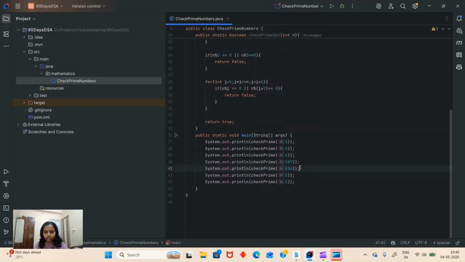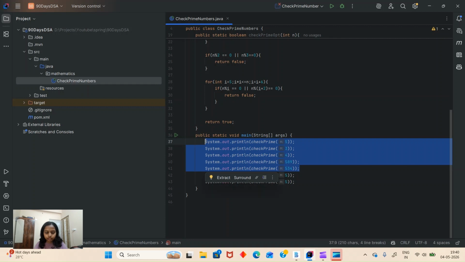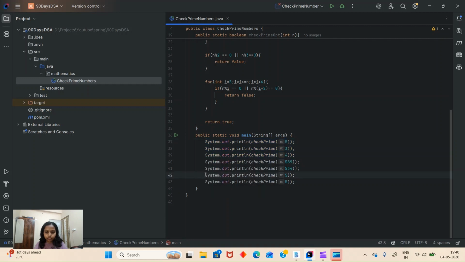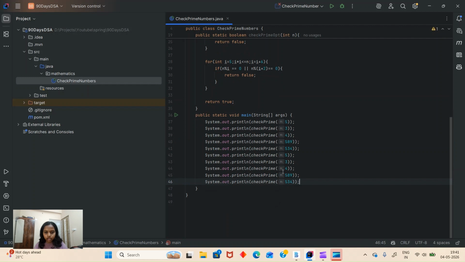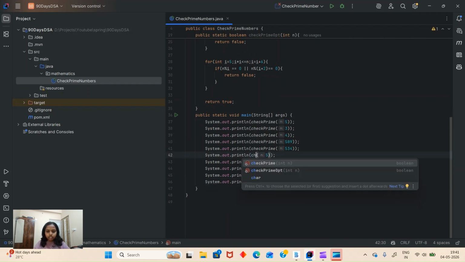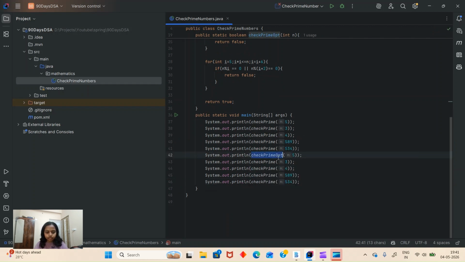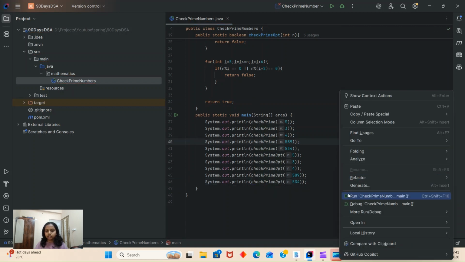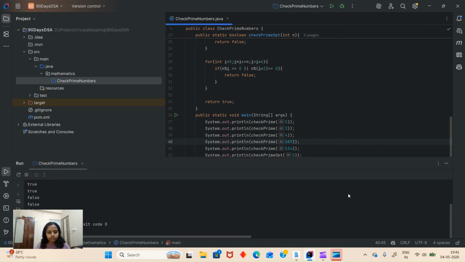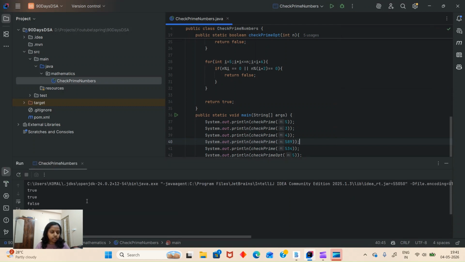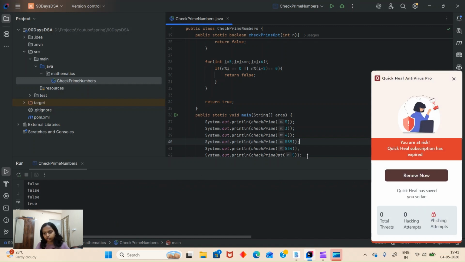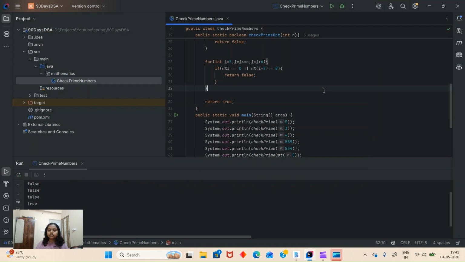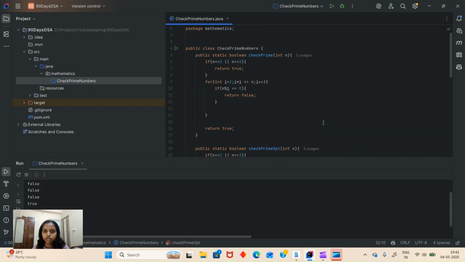I'll copy the same thing and use another method, checkPrimeOptimized, and we will run this. We should get similar results: true, true, false, false, false, true, true, false, false, false. And yes, that's it.